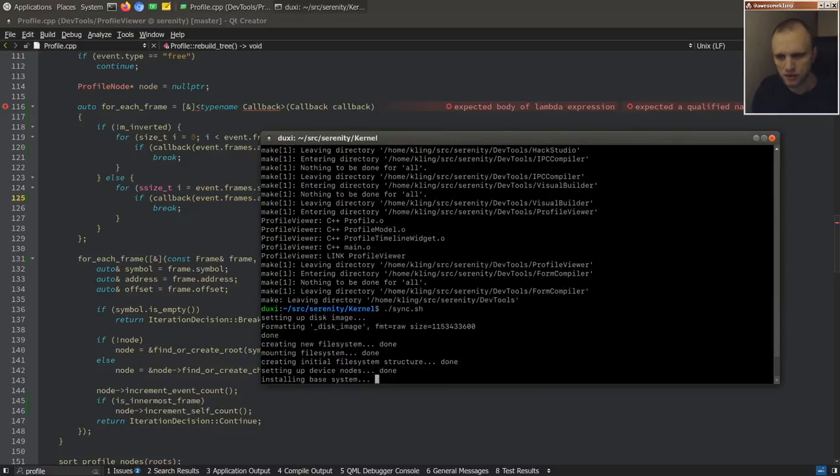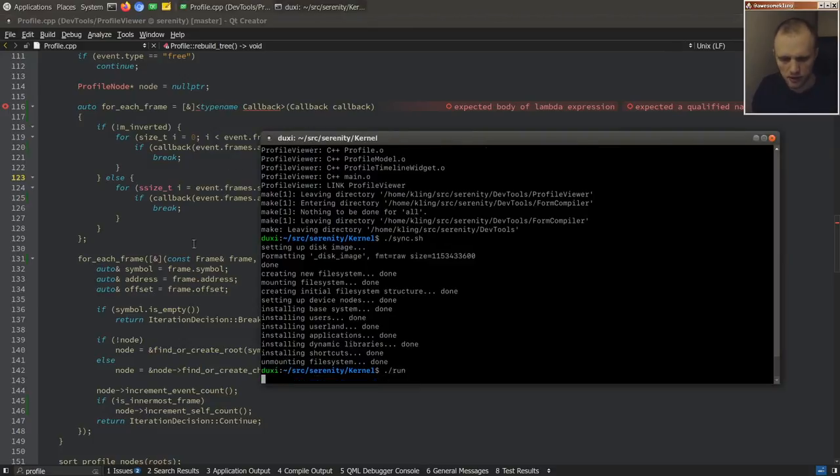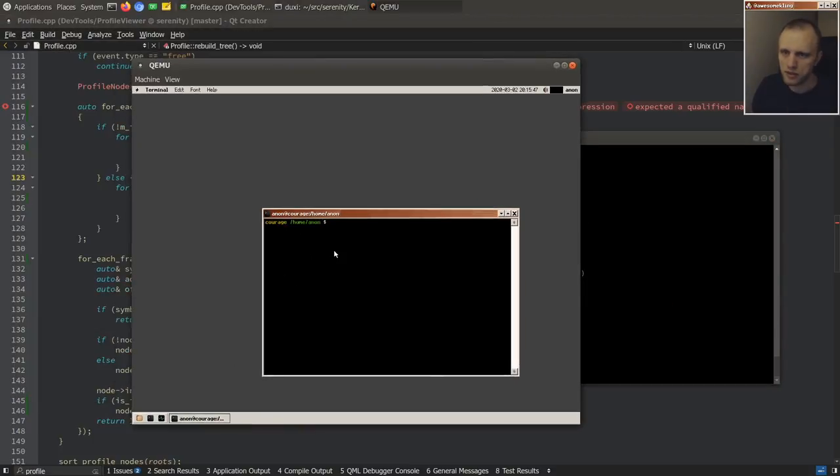Backwards iteration is not where I want it to be at the moment with our containers in Serenity. I would like to have better abstractions for iterating backwards, because iterating forward is really simple, right? You just use range-based for or something like that, but iterating backwards, I know there are solutions. We just need to choose one and then come up with some nice ways to do that with our classes. Anyway,